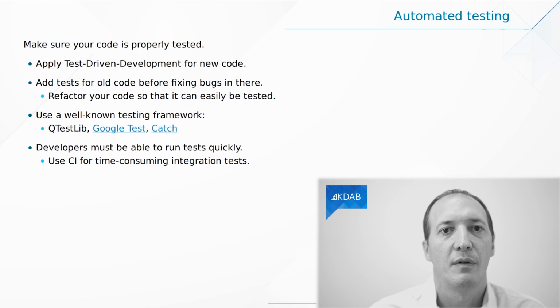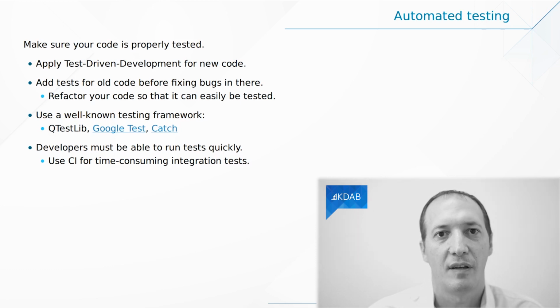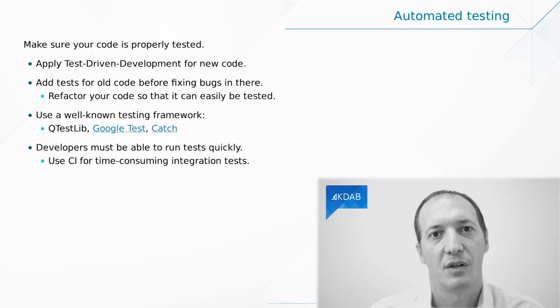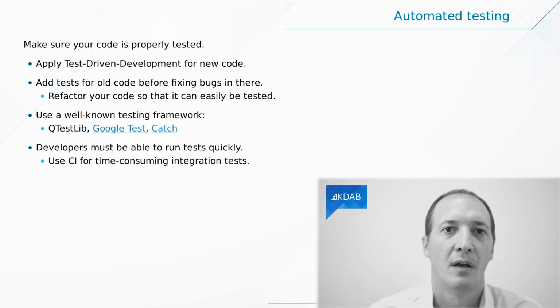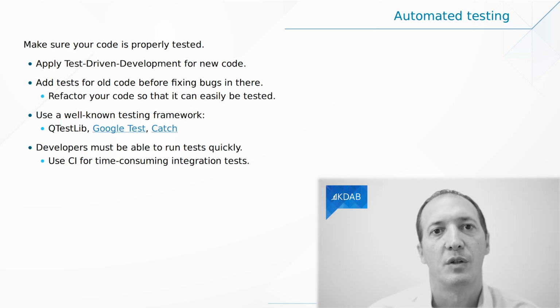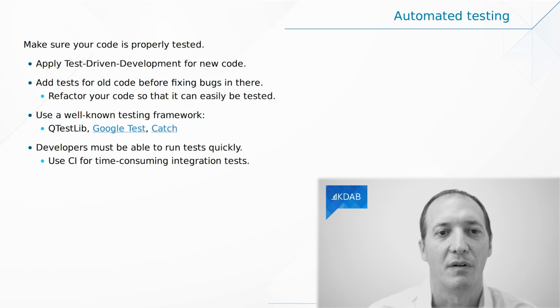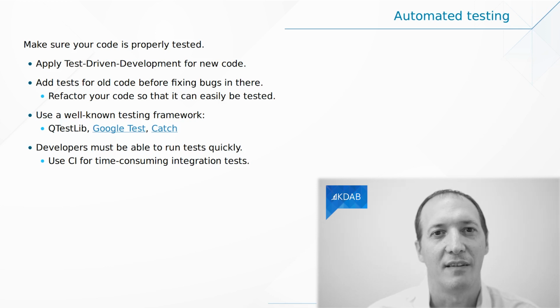The first thing you need to do is make sure that your code is properly tested, and this in itself is not debugging, but it's what enables you to make sure that when you fix a bug, you don't introduce 3 new ones. One of the ideas that you can use for this is called test-driven development, which means writing the tests before the actual code that the test is actually testing. This way you can make sure that the test is testing the right thing.